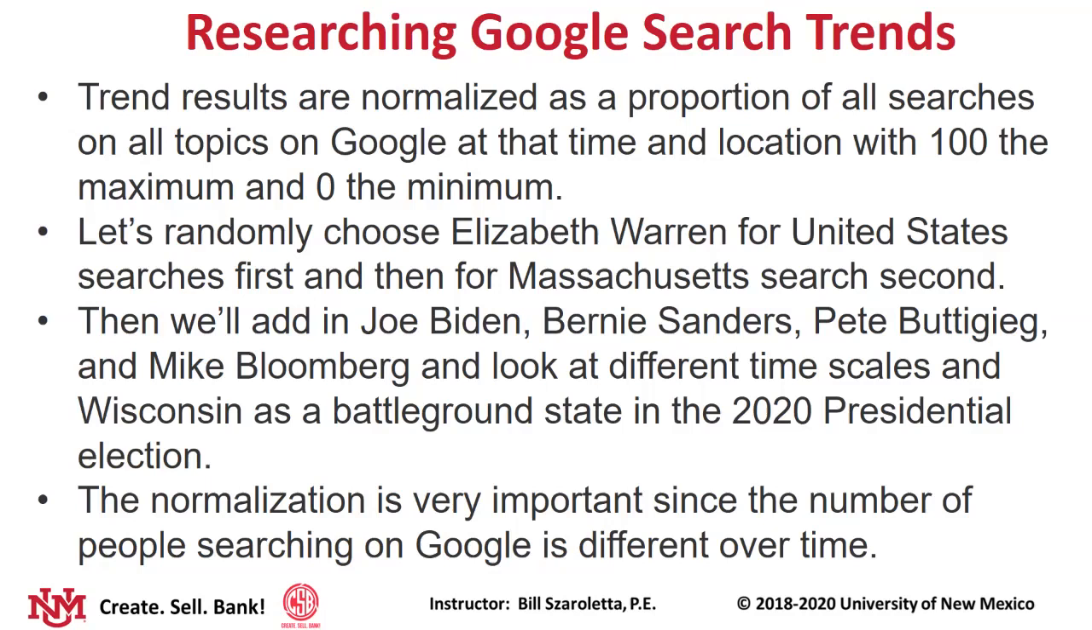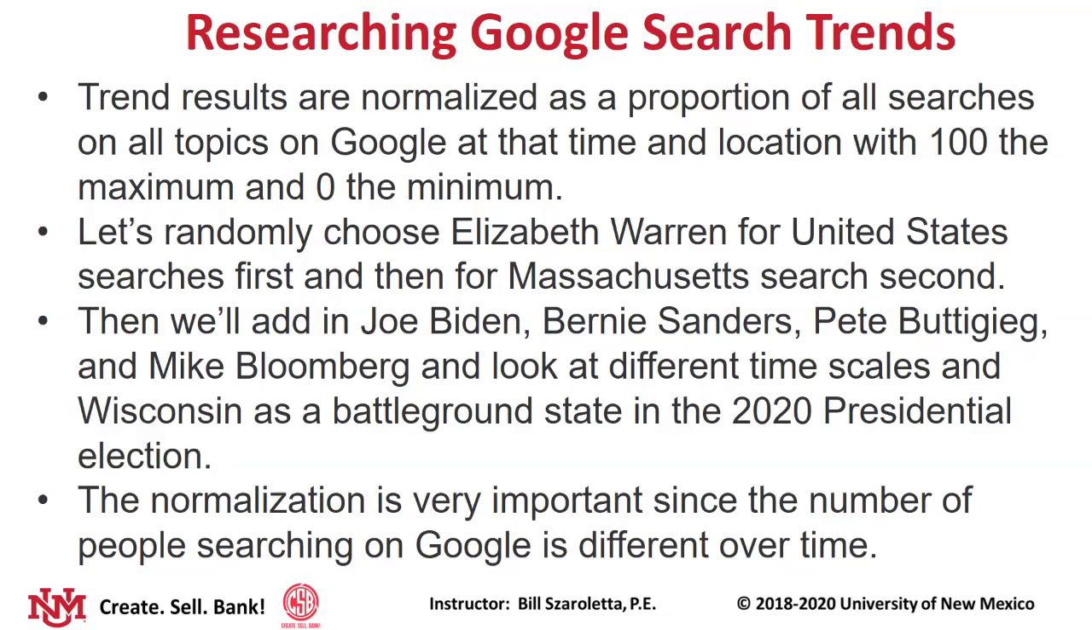We can choose Elizabeth Warren, then on the U.S. and Massachusetts, then add in Joe Biden, Bernie Sanders, Pete Buttigieg, Mike Bloomberg, look at different time scales. And the normalization is really, really important. Now, before we get to the